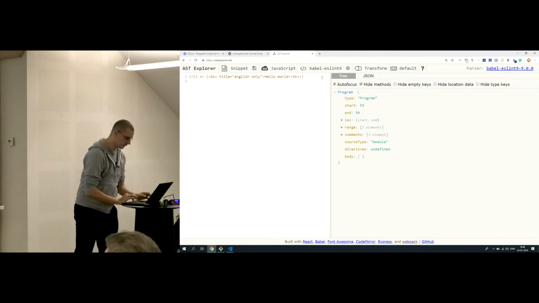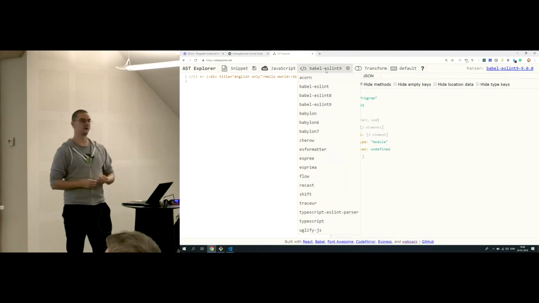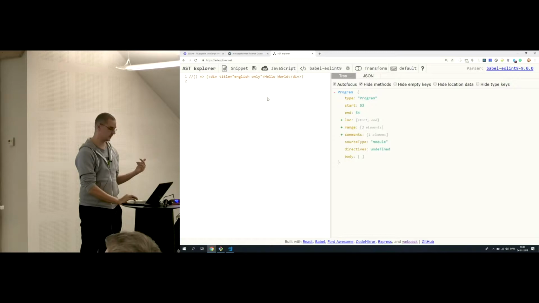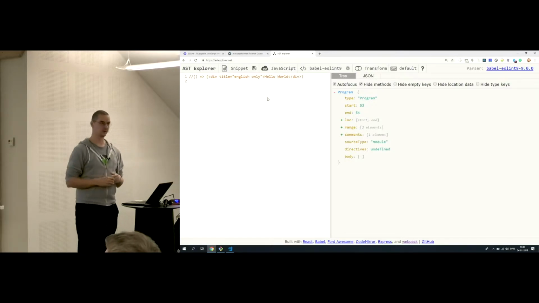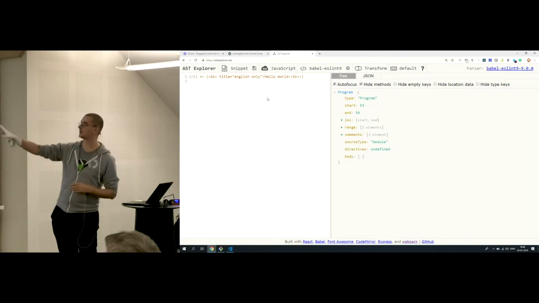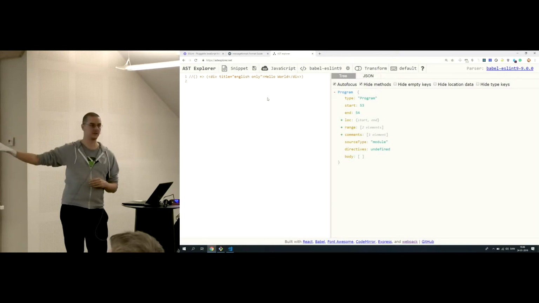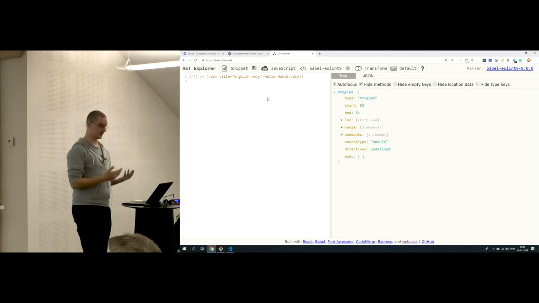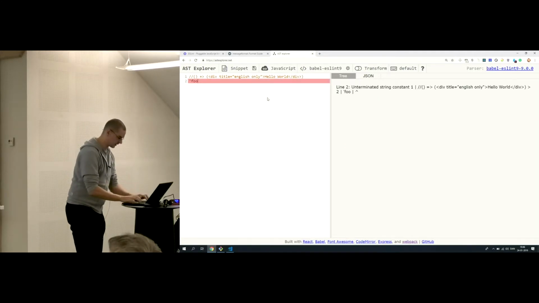You can choose which parser you want to use. In my case, I'm using Babel eslint 9, which is the parser that runs in eslint, which means that when I write JavaScript code on my left-hand side, on my right-hand side, I will see an inspectable abstract syntax tree. And there's a really nice thing about this interface. So if I just write a key here,